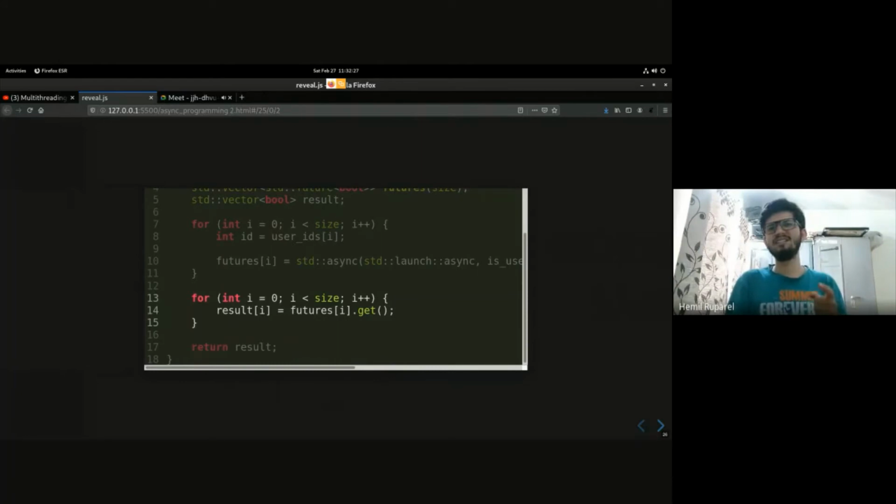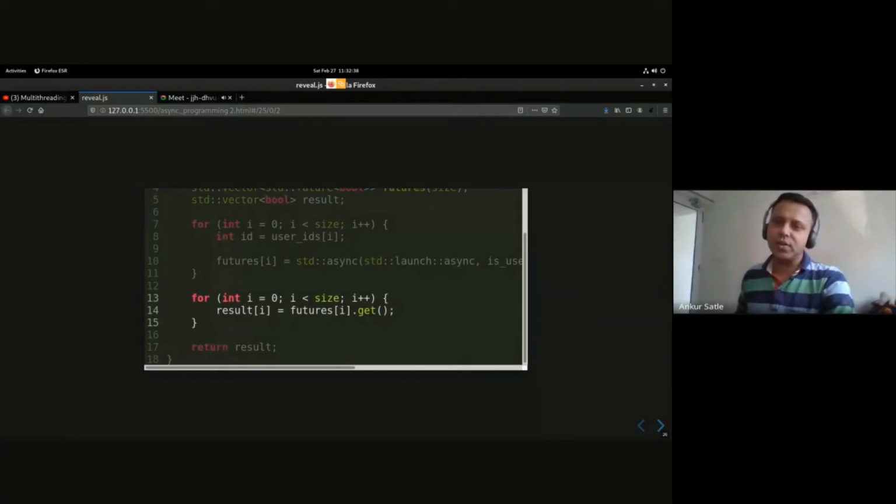I hope std::future has something to check if the result is available or not. I'm not exactly sure, but I'll check. Yeah, it knows whether the result is already ready or not. And then it blocks if it is not ready.